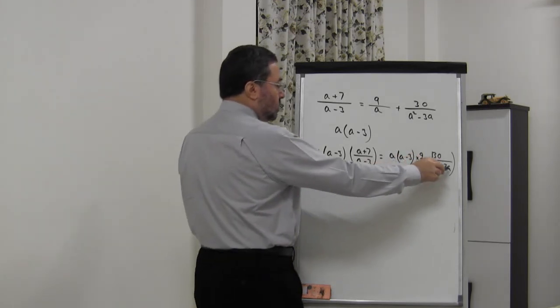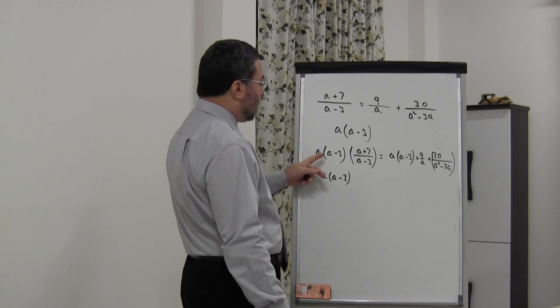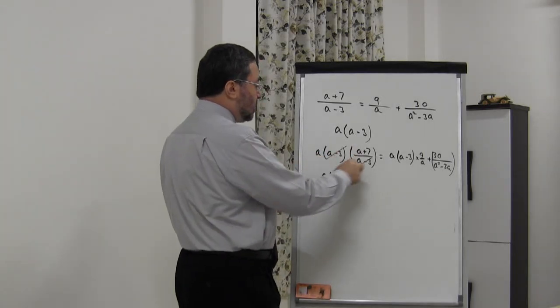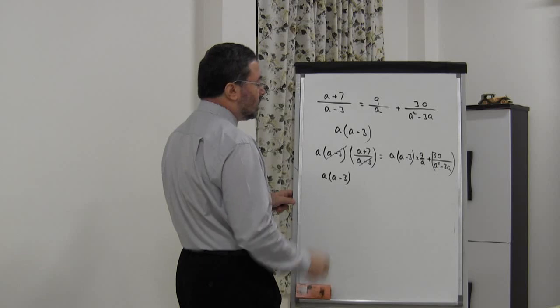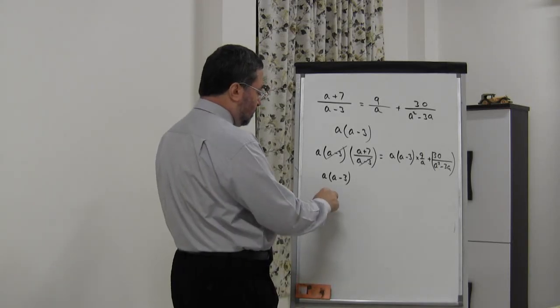This is the same as this, so these will cancel. Now here we cancel this with this, and we end up having a times a plus 7,